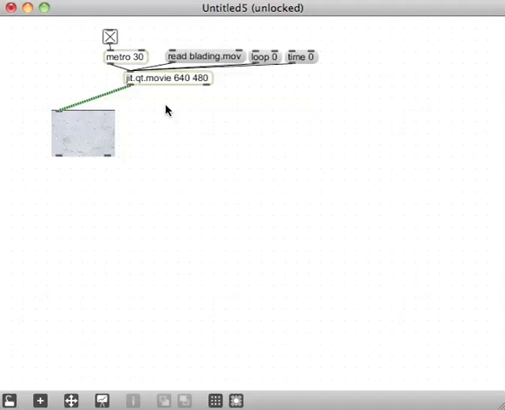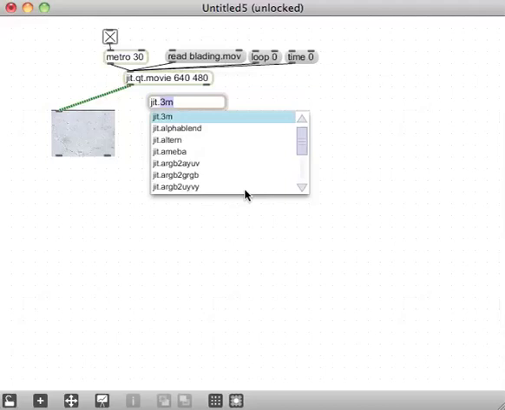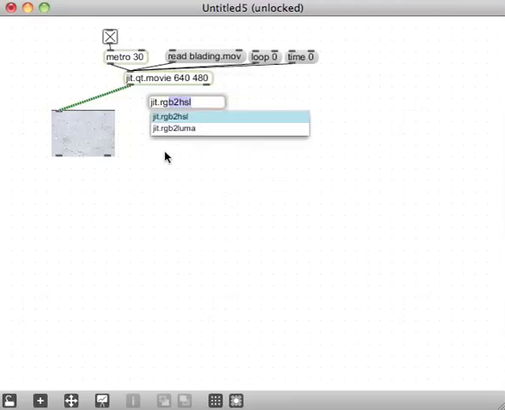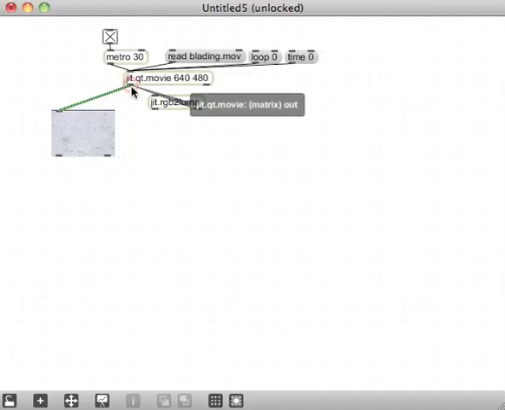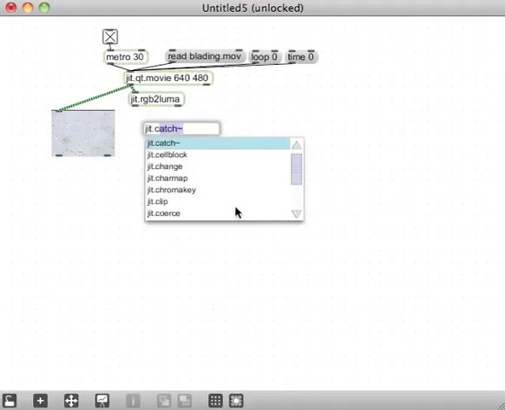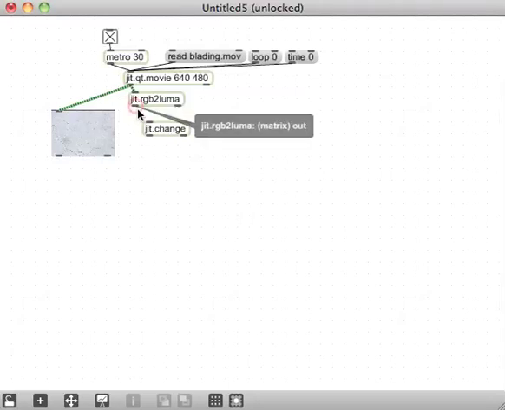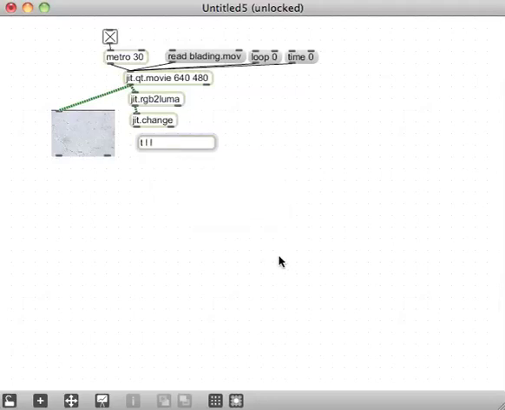So to do the frame differencing, usually the first thing you want to do is jit.rgb2luma, just to take 4 planes and turn them into 1, which makes the whole thing a lot more efficient. And the other thing you'll want to do, because we're not interested in matrices that don't change, is put in a jit.change, because this frame rate that it's recorded at is probably not 33 frames per second. And we'll do this little combo deal down here that we've done before, which is trigger the matrix, which is a list,